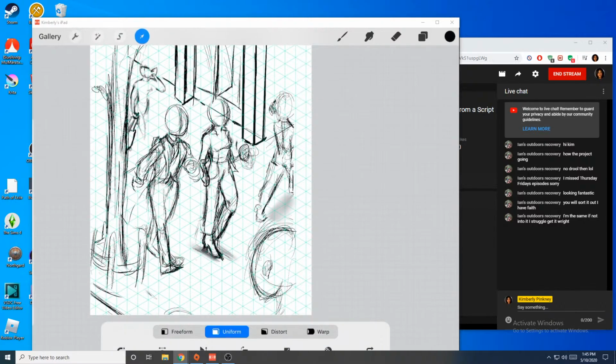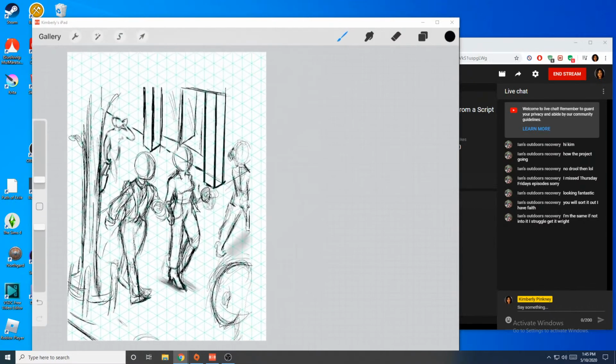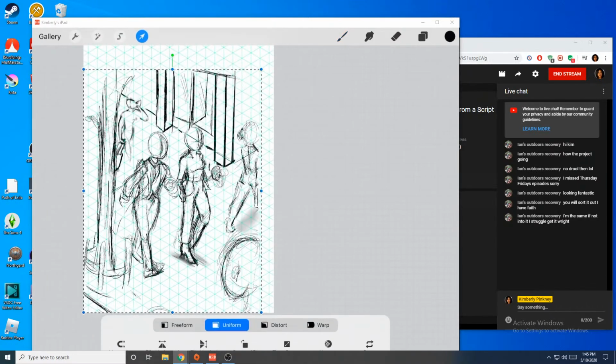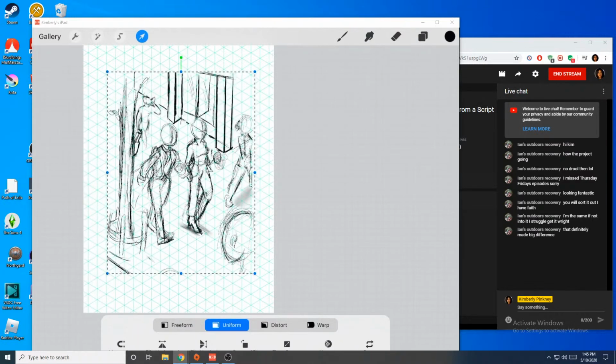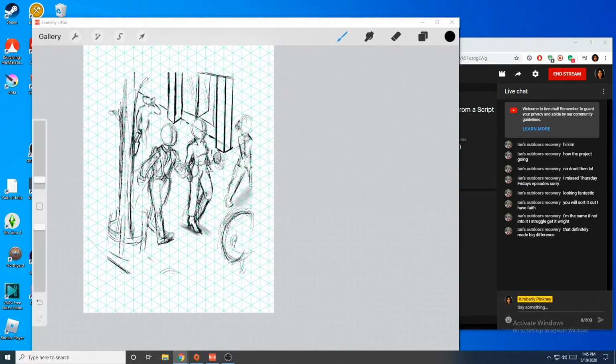I might need to make them just a little smaller, and then I could put a car, I could put the street in. Whoops. Okay, so